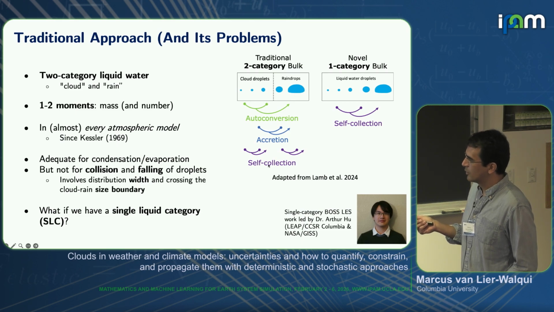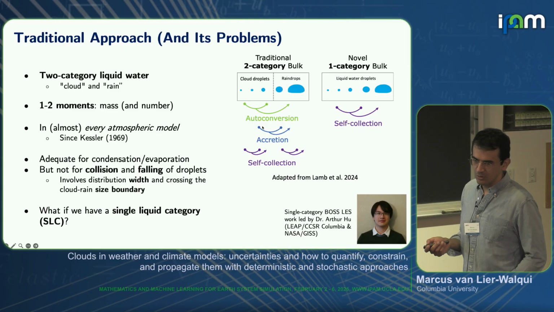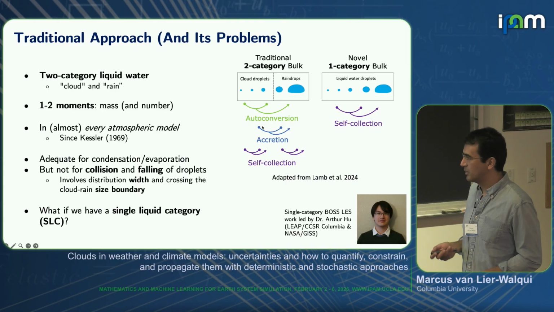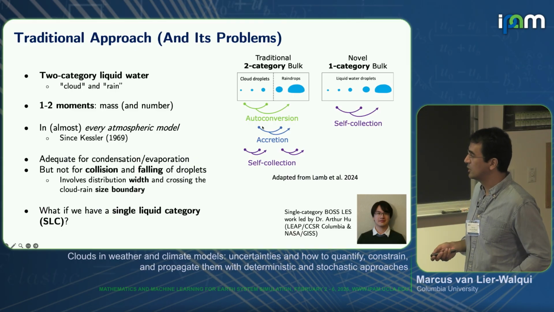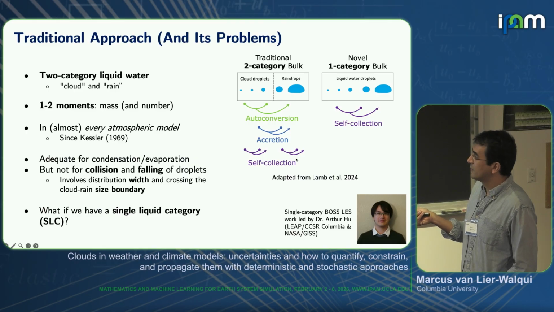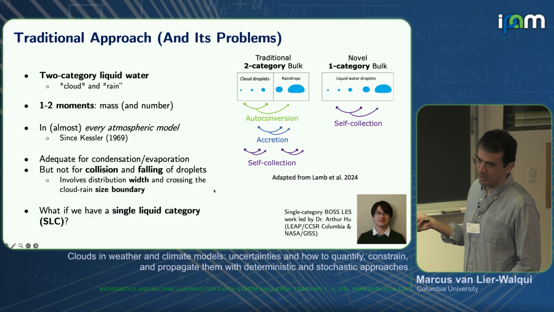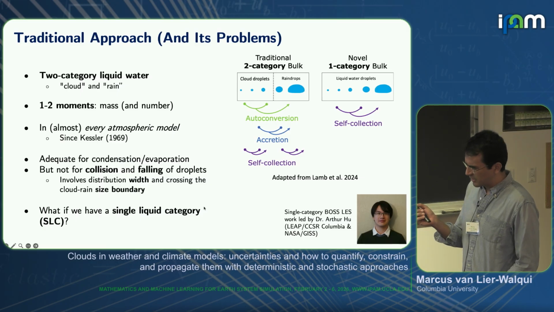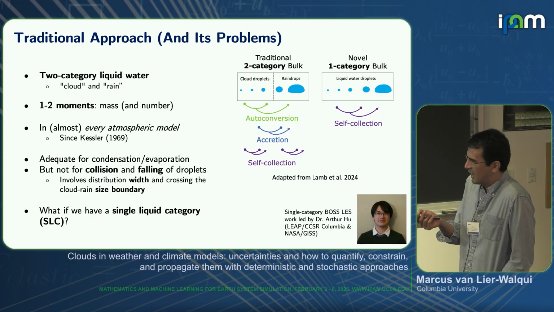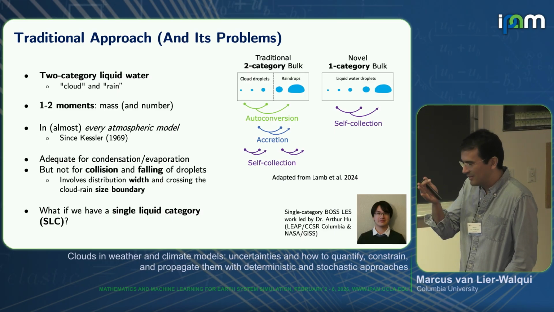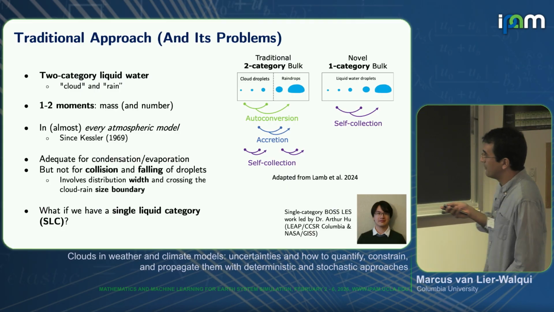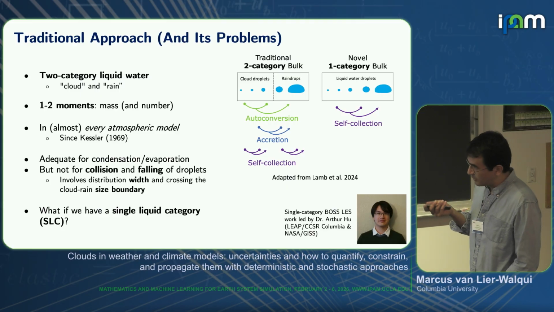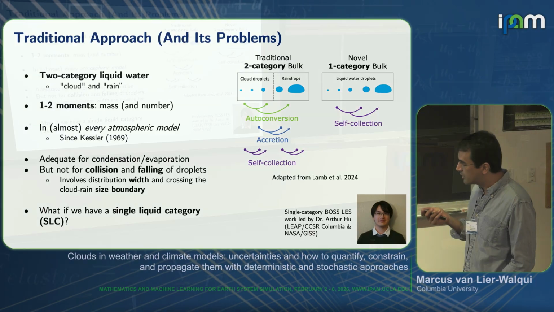So what we've done is take one physical process, liquid droplets bumping into each other, and turn it into four different processes in our model, right? It doesn't make sense. And this threshold can be arbitrary. What do you call rain? What do you call cloud? There's no real clear dividing line there. I will say there are reasons why that's done. I don't think people are stupid for doing it.